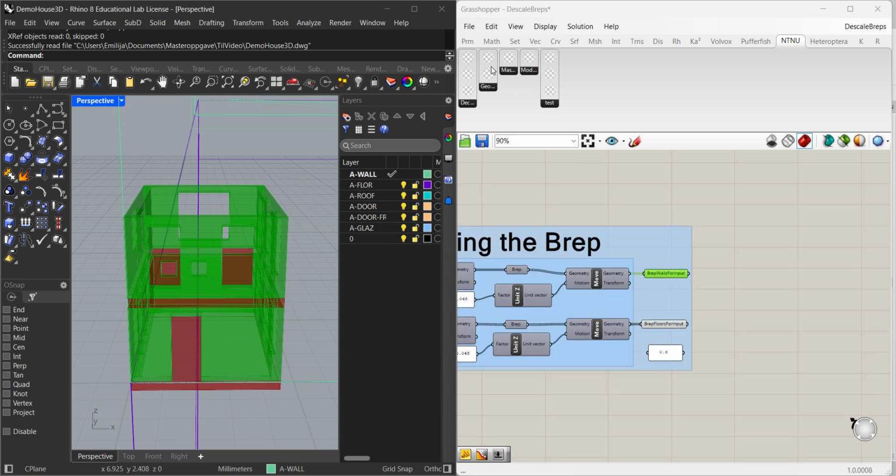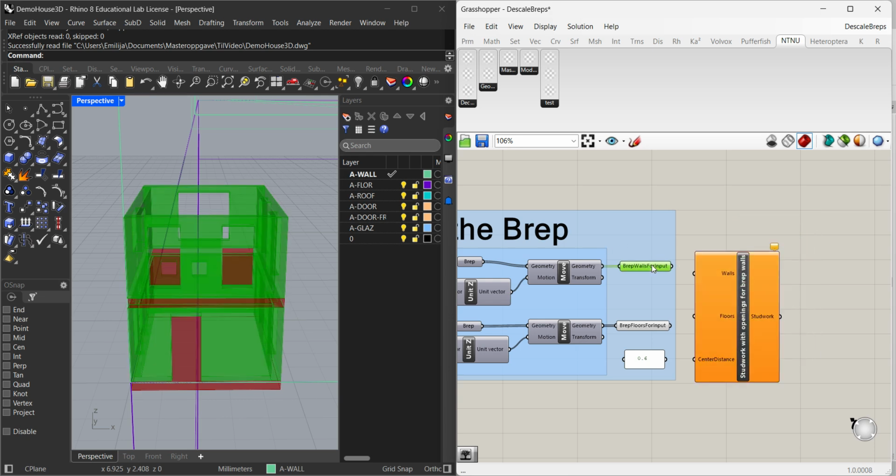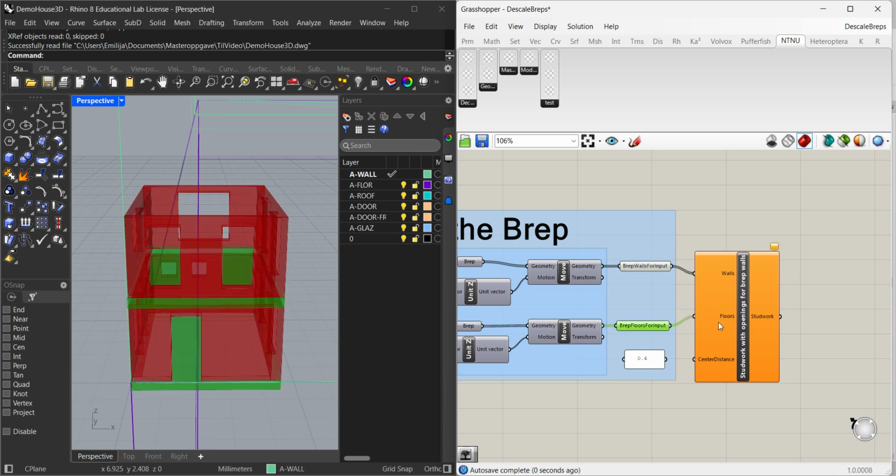So then we can find the plugin, and it's inside of NTNU, and then the master main. Here we have the stud work with openings for BREP walls, and you can just go ahead and connect that BREP walls for input and BREP floors for input inside of these two, and then you can just give it a center distance. I have chosen 0.6 as the most common one,